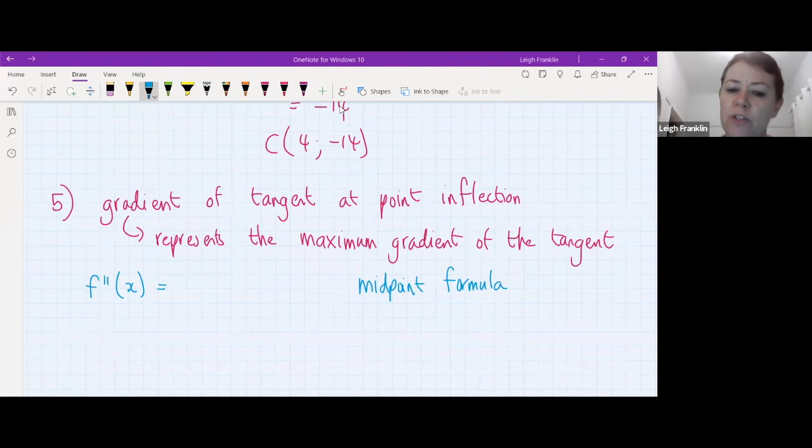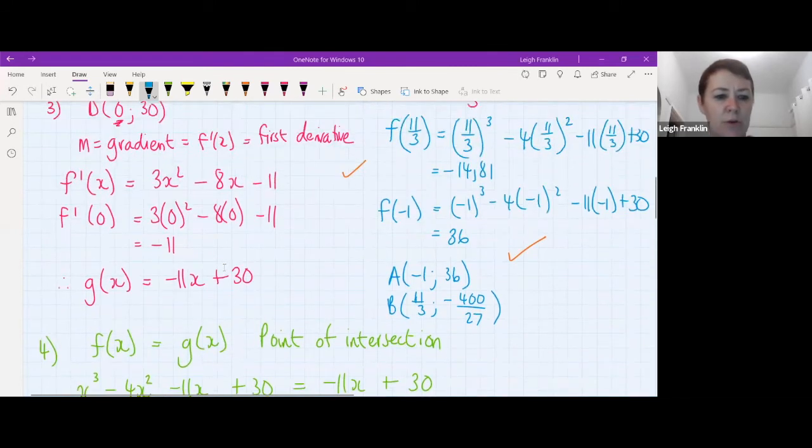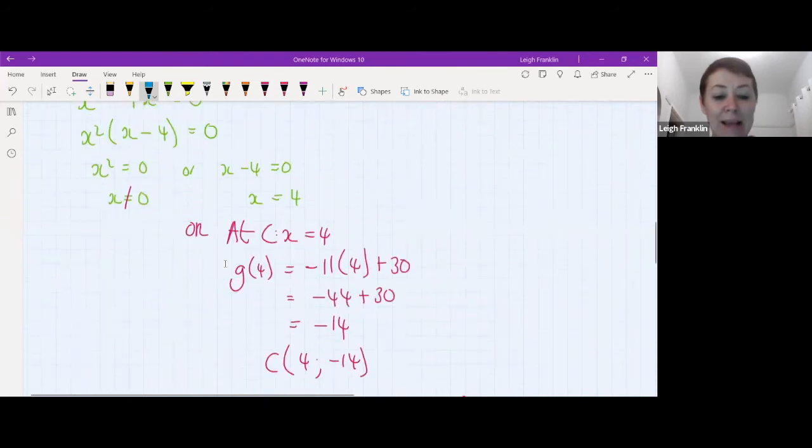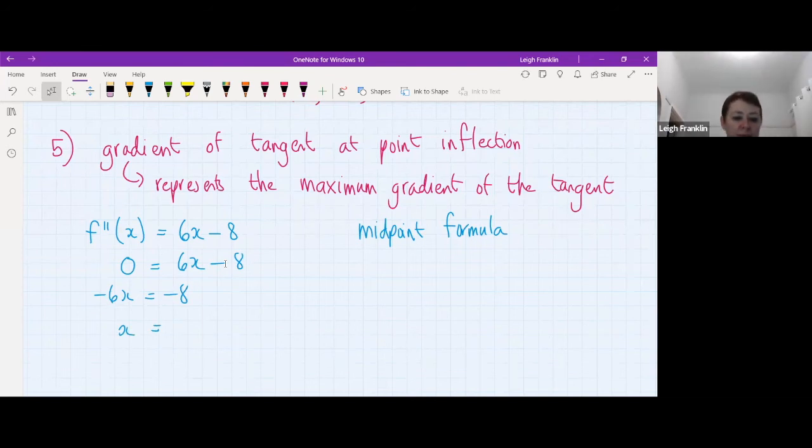Let's work out what the answer is. Okay, so f double prime x, we've got to differentiate the derivative. That's going to give us 6x minus 8. Is everybody happy with that? So the second derivative is 6x minus 8. At the point of inflection, the measure of concavity is 0. So this means that 6x equals 8, and dividing both sides by 6, we would end up with